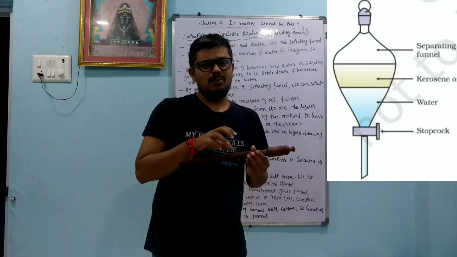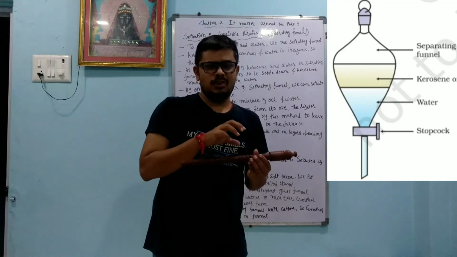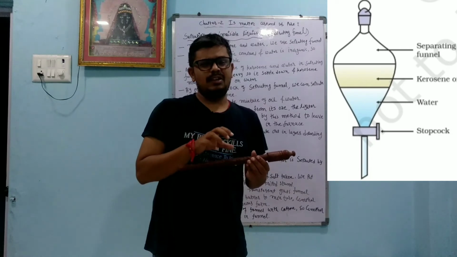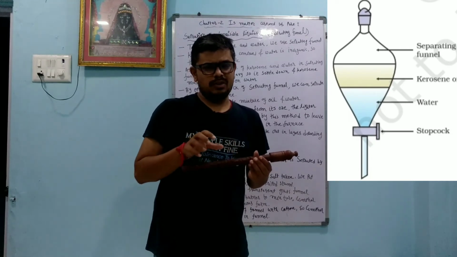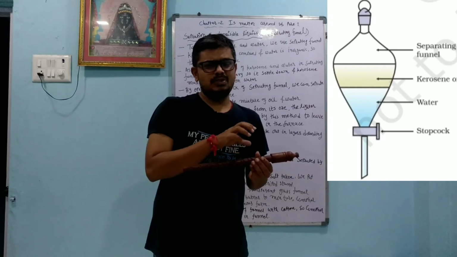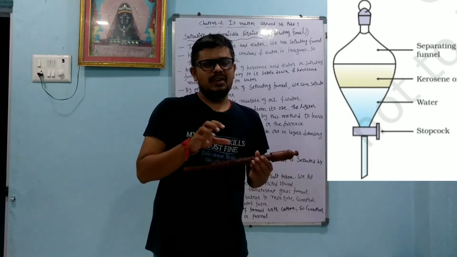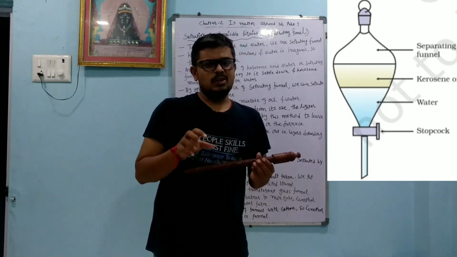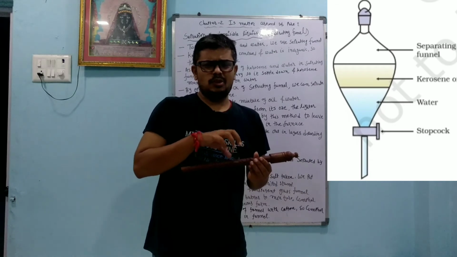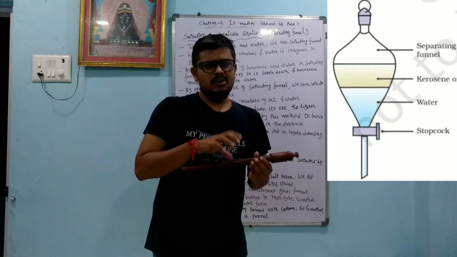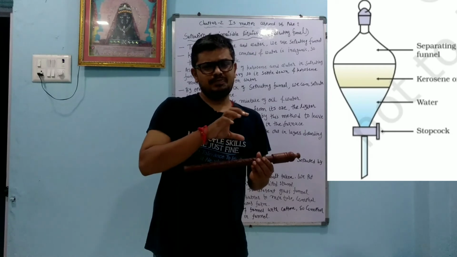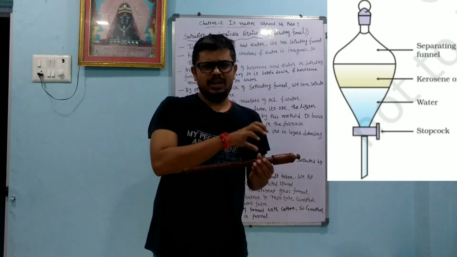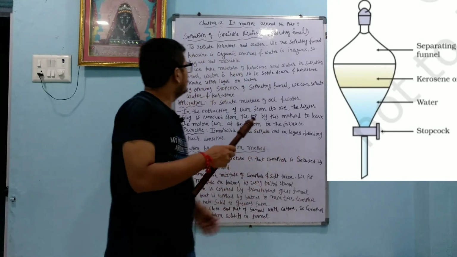So when we mix two compounds having different bonds, like an ionic bond and a covalent bond, they are immiscible in each other. Take the example of kerosene and water. Kerosene is a covalent compound because it is a hydrocarbon, whereas water has a polar covalent bond, which means it has charge like H plus and OH minus. So when we try to mix them, they are not miscible in each other; they make separate layers. So suppose we have a mixture of water and kerosene, how will we separate them, or how do we use a separating funnel to separate them, that we will learn.